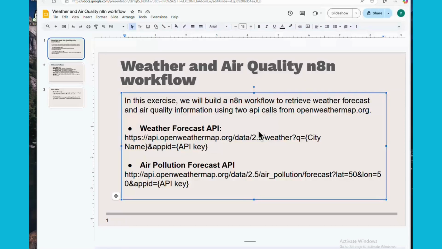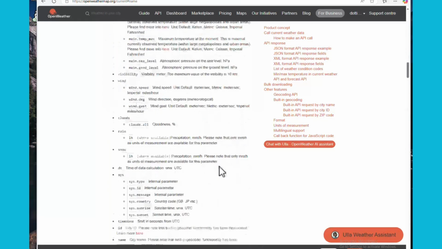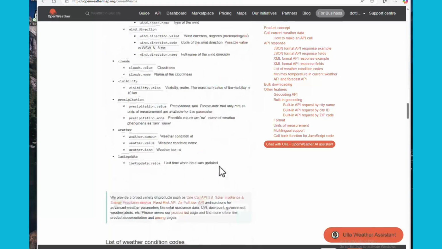So in this exercise, we will build an n8n workflow to retrieve weather forecast information and air quality information using two API calls from openweathermap.org. Let's head back to the website and look at the API call requirements. We are on the current weather data page. There are many ways to get weather data. We are particularly interested in the one that uses city names. Let's scroll down to that section,